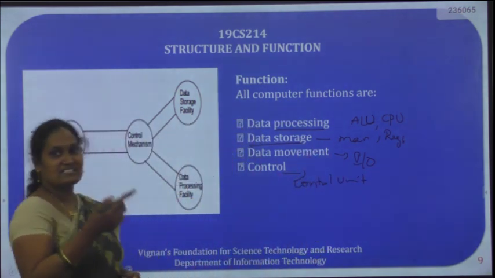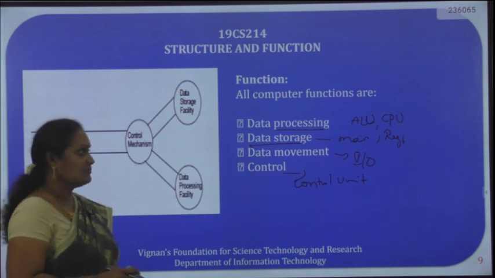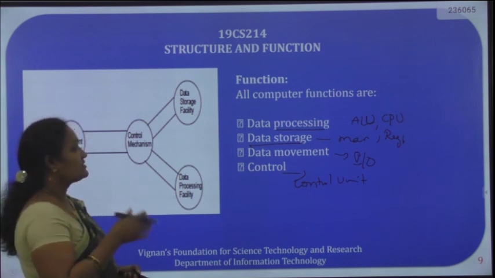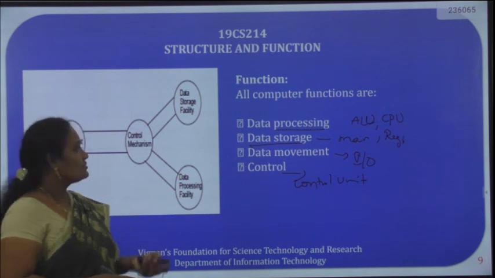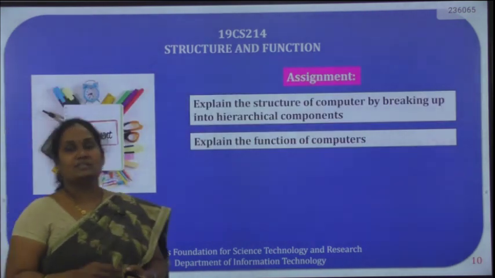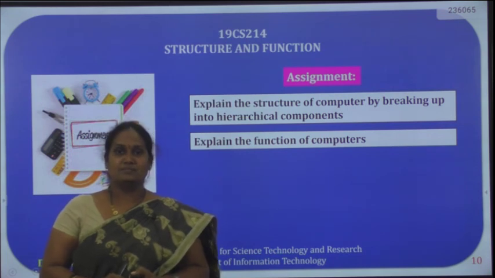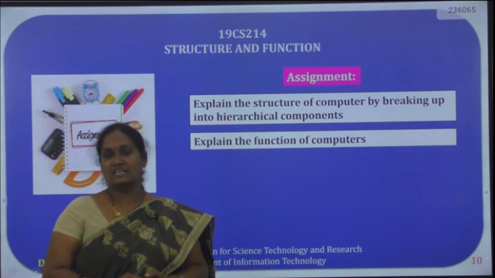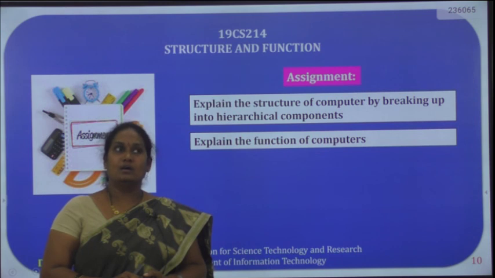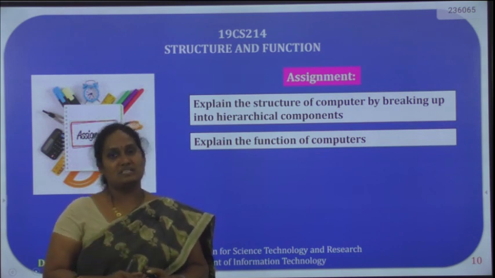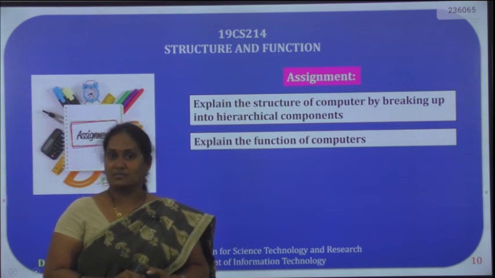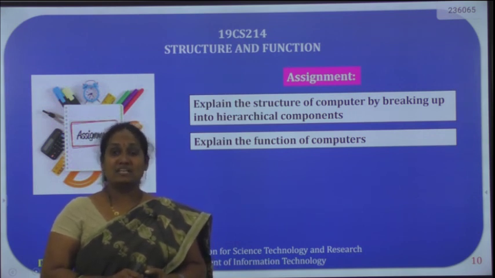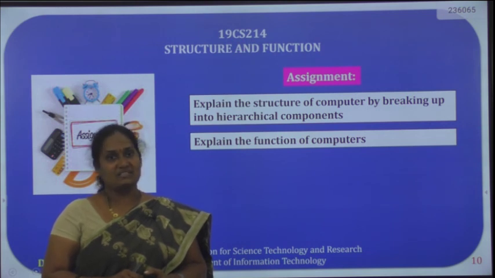So these are the various components that we have in the structure of our computer and the functionalities of those components. I hope that you all understood the structure and function of computers. I'm going to revise the concept we explained in this session. In this session, we discussed what is structure and what is function. For explaining the structure of computer, we have seen the hierarchical representation of various components of your computer and the functionalities of all those components.